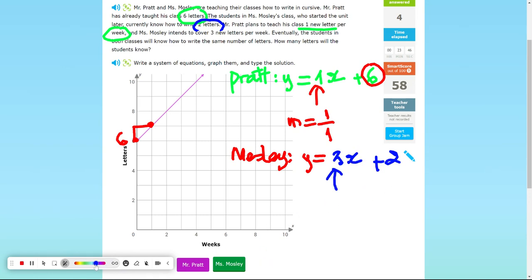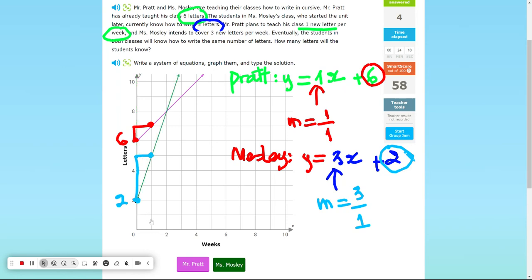Okay, so let's go and graph this over here. Number 2, I start with number 2 right there. So this is number 2. And now let's do the slope, 3. Alright, so 3 over 1. Okay, so up 3, right 1. Okay, so I switch the 2 over here to Miss Mosley. Start with number 2, up 3, right 1. Okay, so you can see now the 2 lines intersect right here. It means that after 2 weeks, both classes are teaching